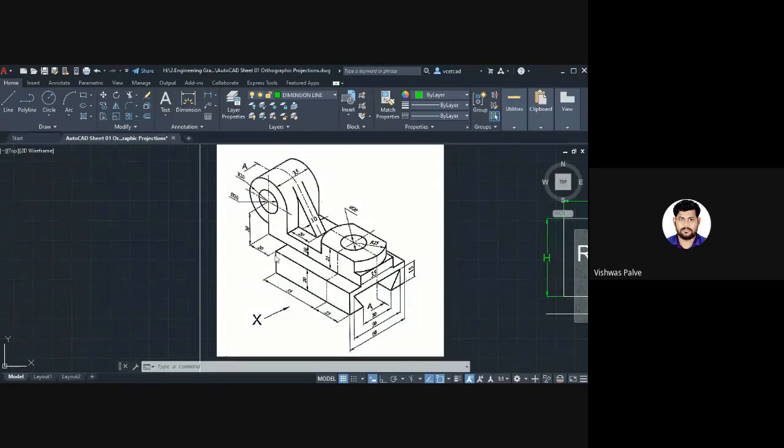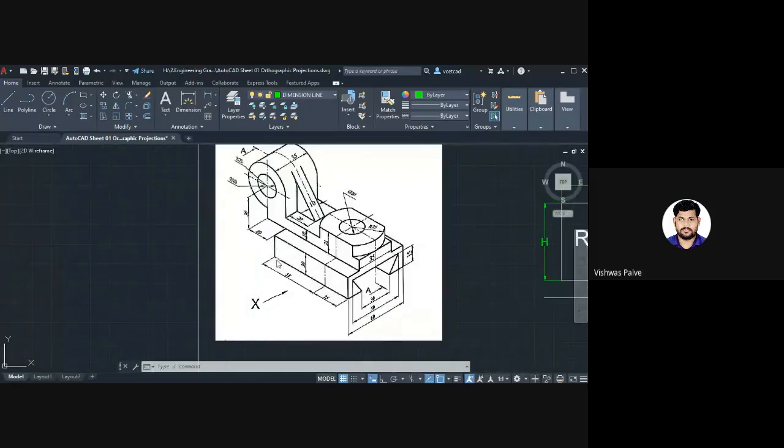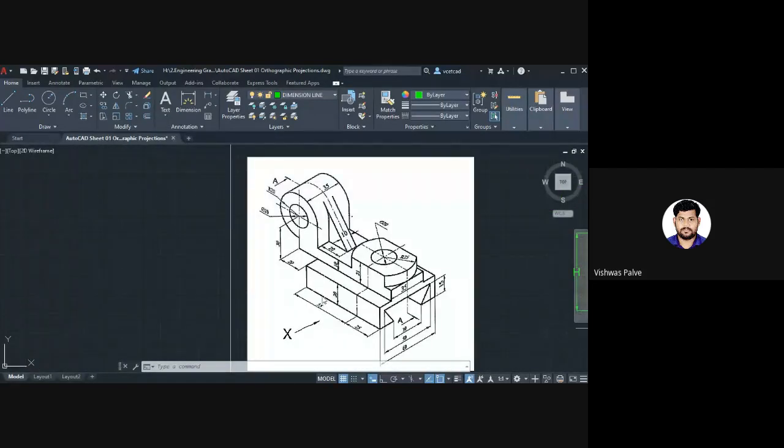So to complete this, let us find out the maximum length of the problem. Can anyone tell me the maximum length? How much is the total length of the problem? Just go through it and tell me. So 100. Let us check. Yes, any other? Anyone else?